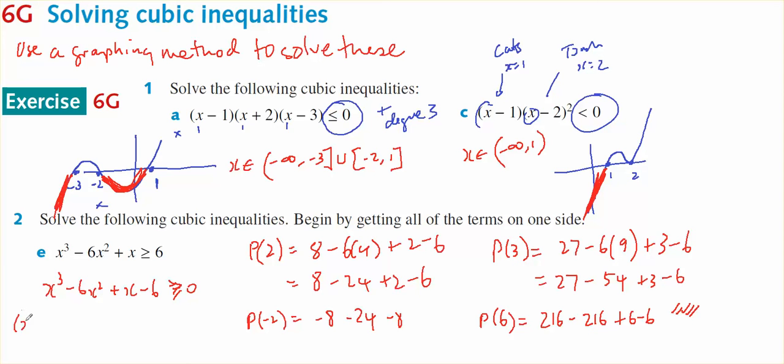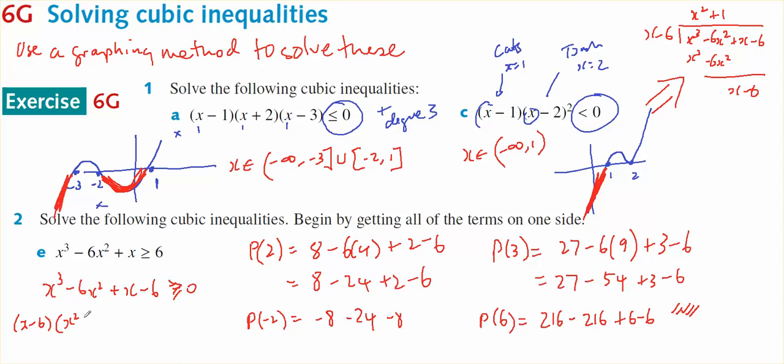Therefore I know that x minus 6 is a factor, and if I do a quick division, here's my quick little division up here, I've got x minus 6 times x squared plus 1 is greater than or equal to 0. This x squared plus 1 will never ever equal 0 because it's always going to be 1 or higher. Therefore, I'm going to have a graph that cuts through at 6